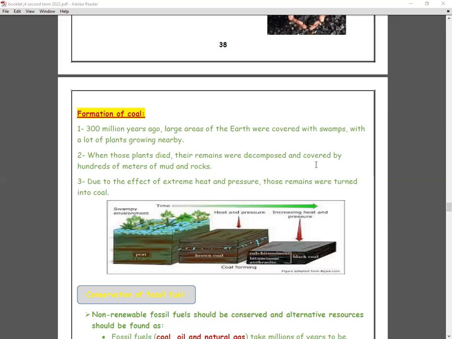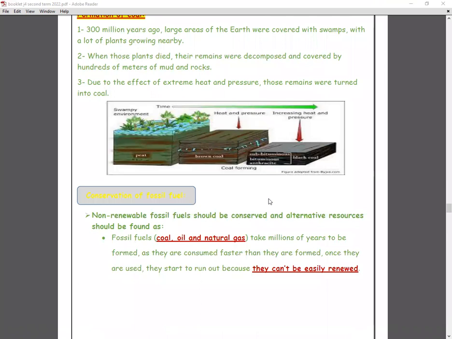So now you know what's meant by conditions, like the effect of heat and pressure. Conditions mean the atmosphere will be suitable to make this conversion from green plants to coal, okay? So we need millions of years. Here we said that we need 300 million years to convert the green plants into